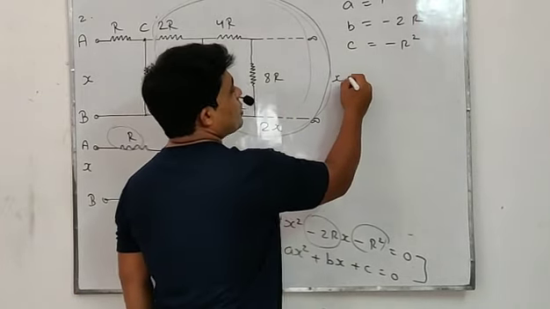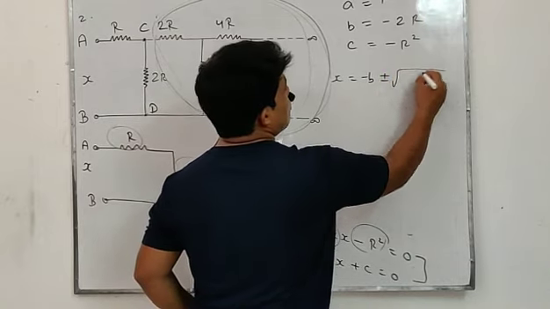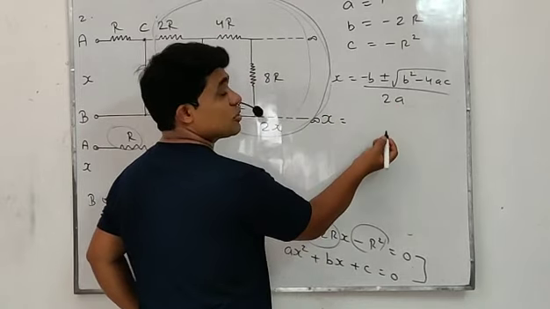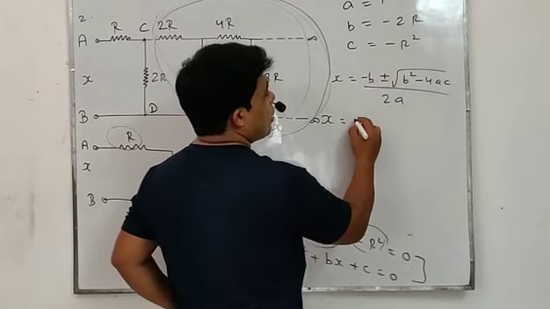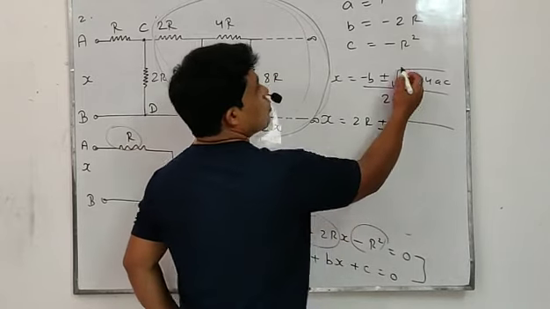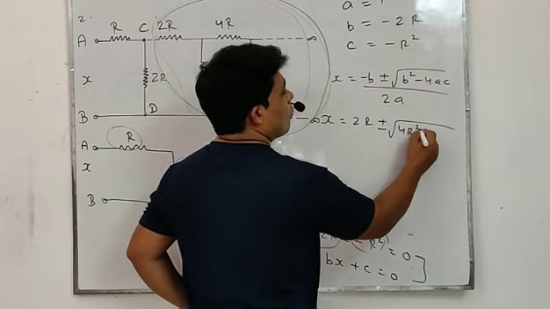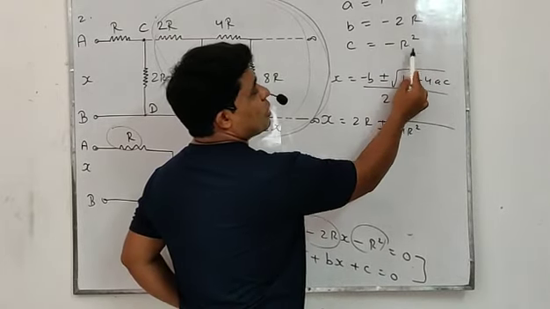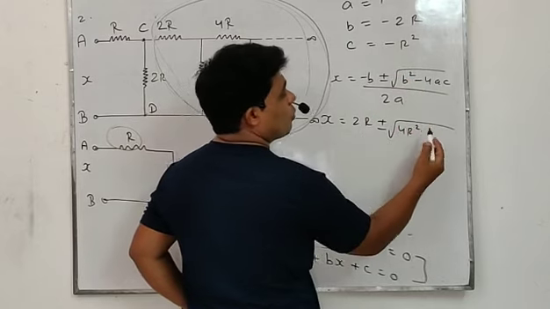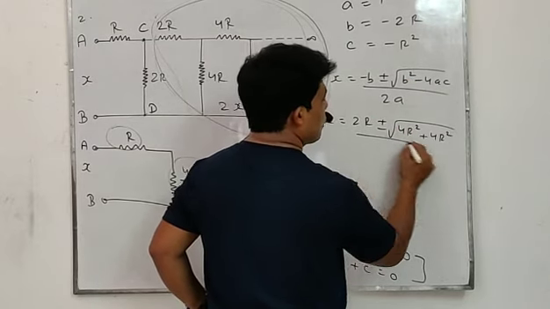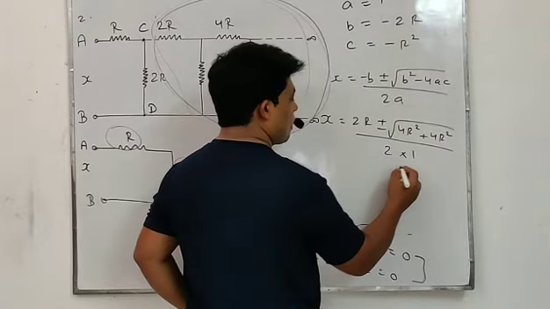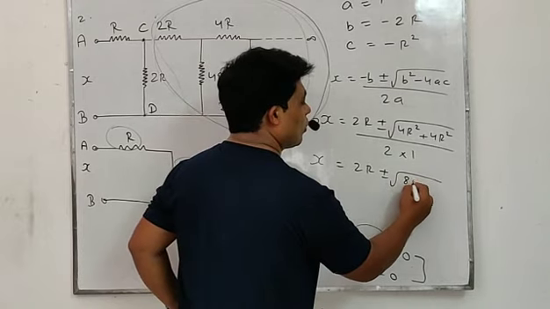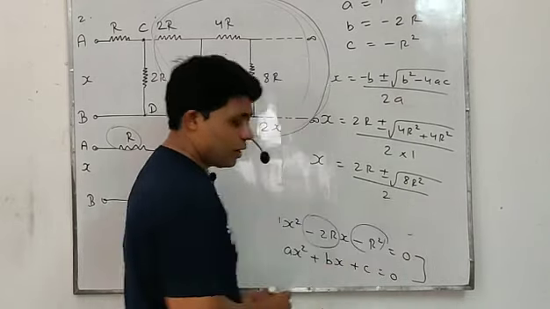We know the equation for getting x. Minus b plus minus root b square minus 4ac upon 2a. Same method that we did in previous question. Minus b as minus 2r, it becomes plus 2r. b square, b is 2r, 2r ka square, 4r square. Directly I am going to write a as 1. Nothing will change. C as minus r square. Minus r square and minus 4 plus 4r square. A is 1. So this time 2r plus minus root of 4 and 4, 8r square, divide by 2.